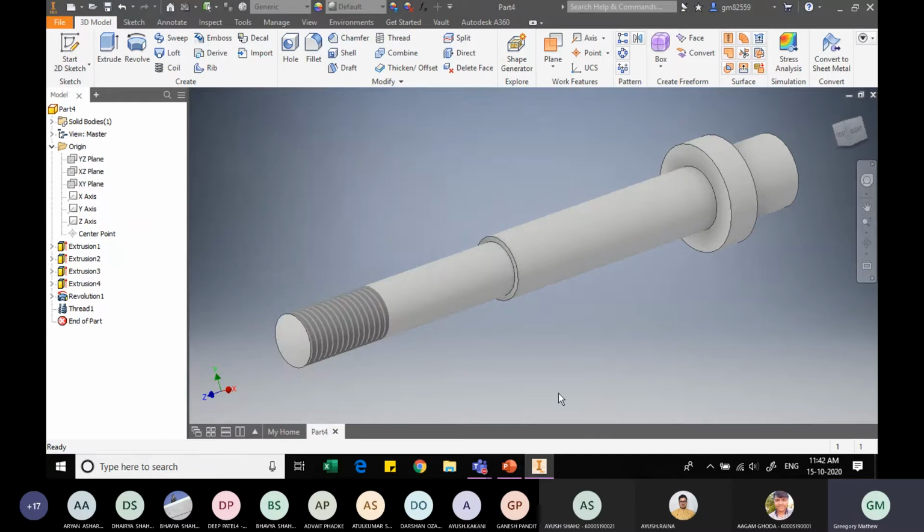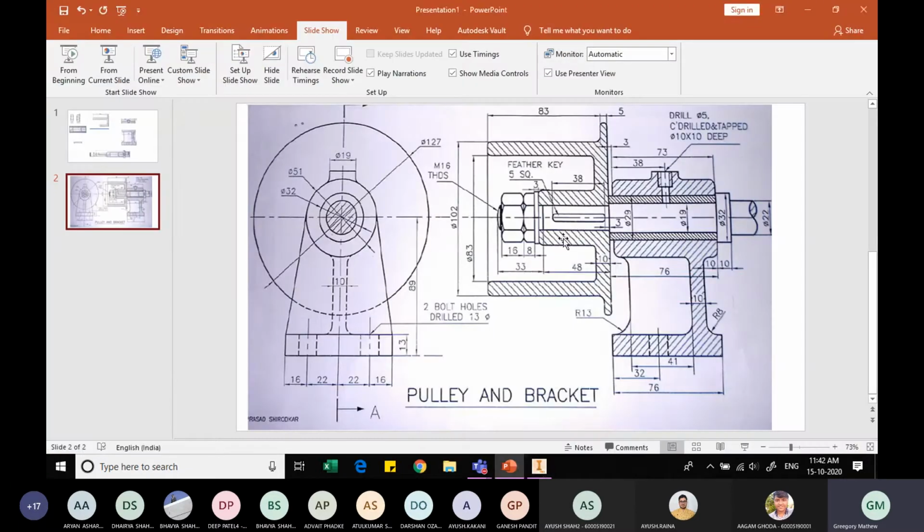So this is ready. And now I also need to cut a key slot as shown here. And the key slot, if you remember, is at 3 mm from here, and the total length of the key slot is 38. And we know the key that is going to sit in has a square cross section of 5 by 5, wherein half the height of 5 will be sitting inside the shaft and the other half will be going onto the pulley bracket.